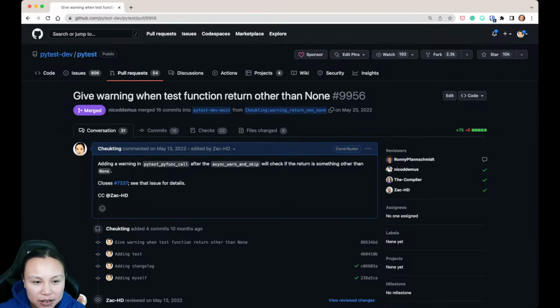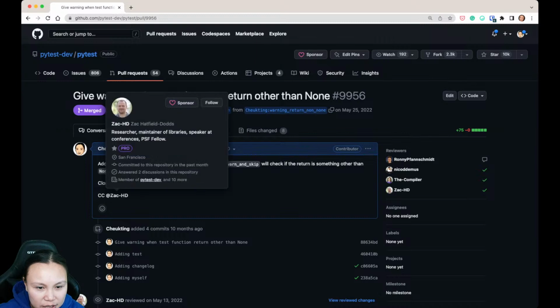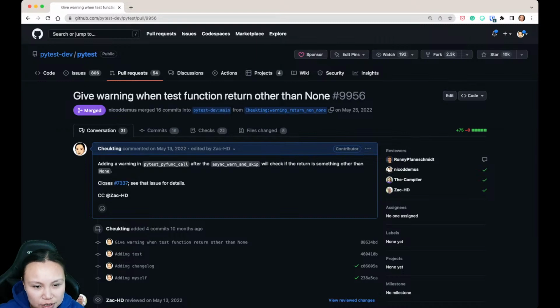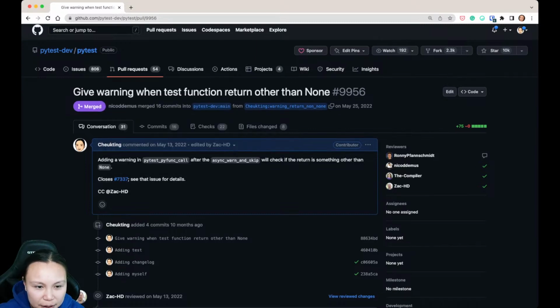For example, this one is one of the pull requests I've gotten merged into PyTest. PyTest is a testing suite that is quite popular in Python. So this is one of the issues that I've tackled. You can see a good pull request usually explains what you have done, and also has an issue attached. So usually the pull request is not just